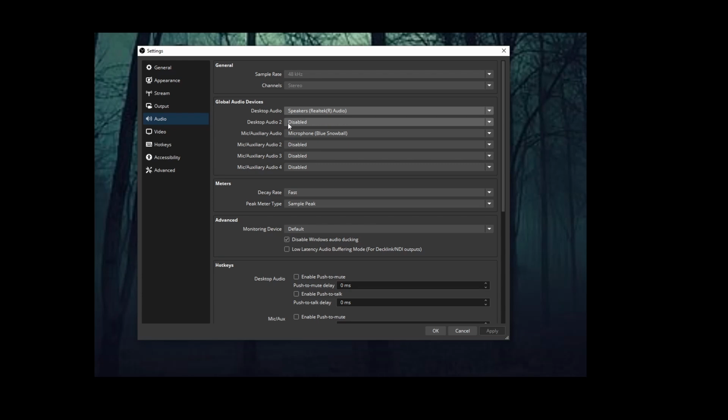You can have 2 desktop audio inputs, and then you have 4 different microphone inputs. So that's that. Right, and then meters